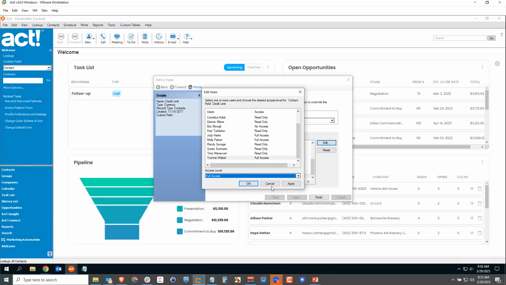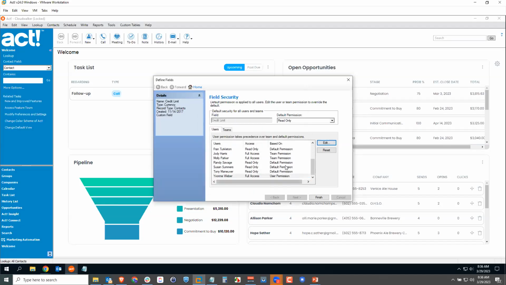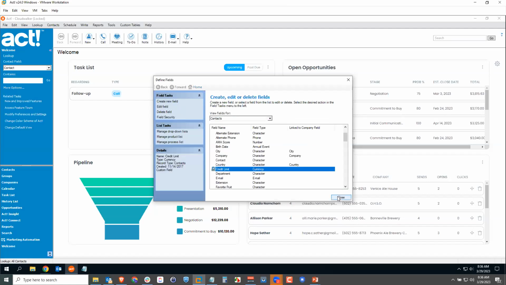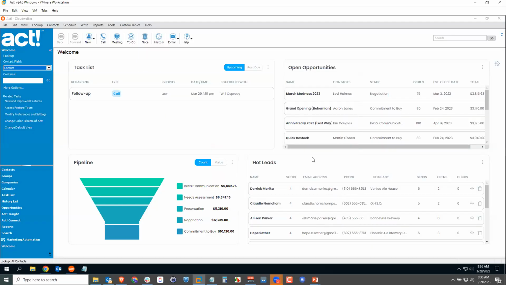So you can change these permissions on a team level or on an individual user level. So I have a crazy set of permissions here. Yvonne can edit this field, the finance team can edit this field, and Eric can't even see it. Once you're happy with that, you click finish and click close. Act will now unlock your database so that everybody else can log in, and it applies that security to that